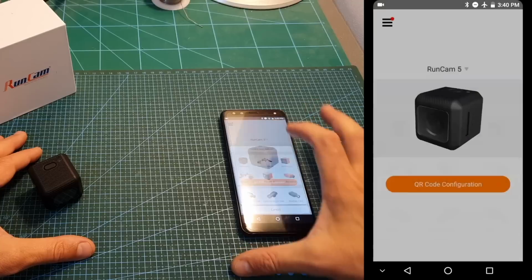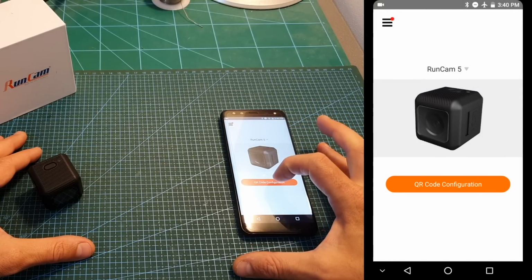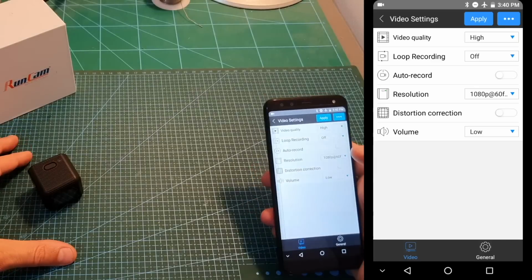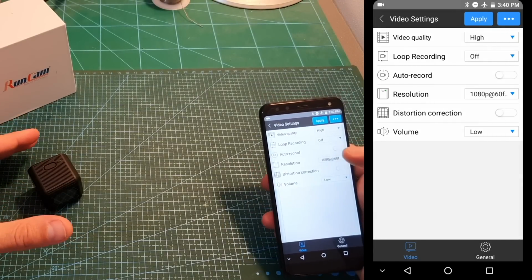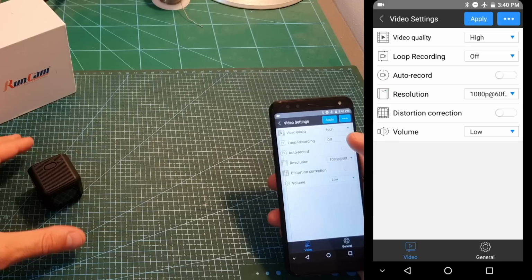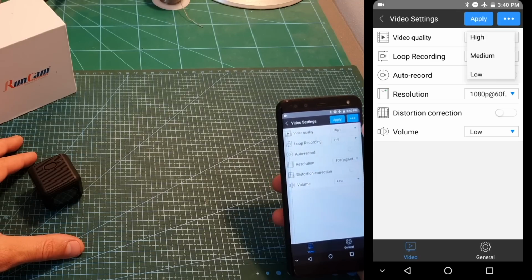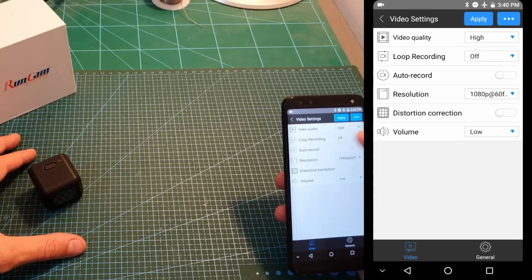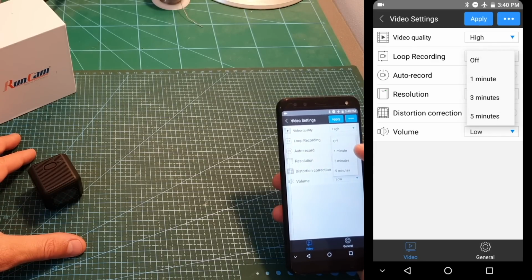The app that you're going to use is the same Runcam app, and now the Runcam 5 option has been added to the menu. So over here you can see the QR code configuration button, and after opening it up you can see the different options that you've seen before, but instead of typing the values manually, now you can select them through these boxes. So first of all you can select the video quality, which is going to affect the bitrate, loop recording, which is by default set to off,